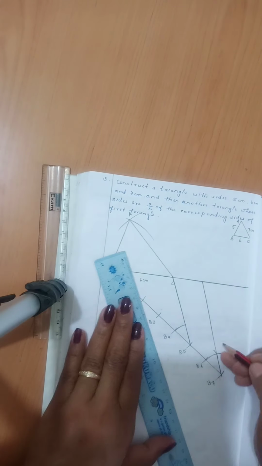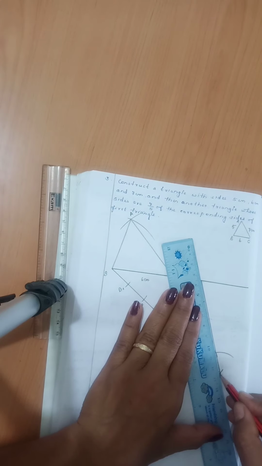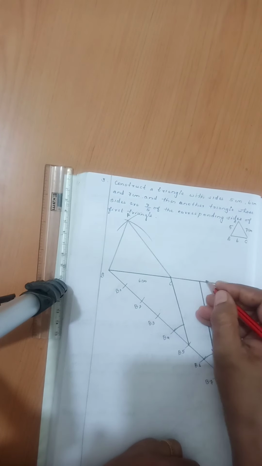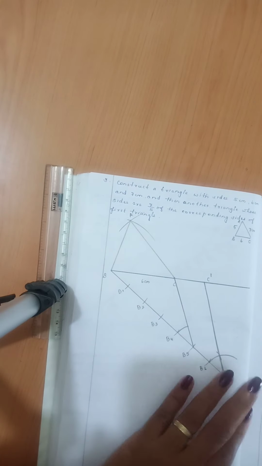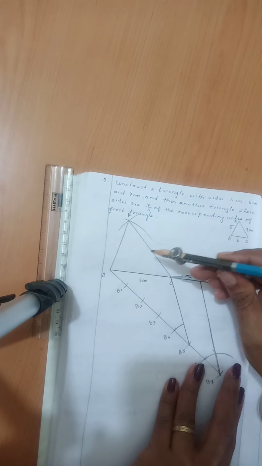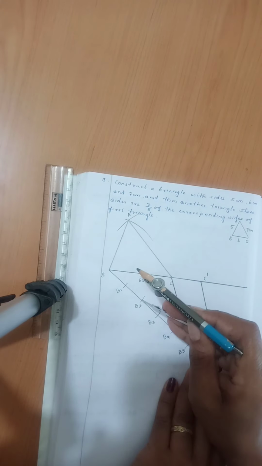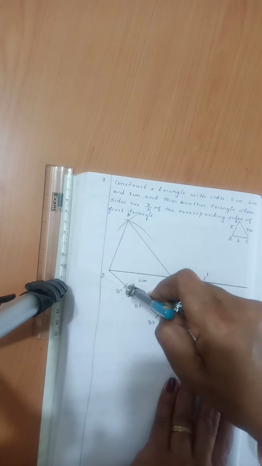See, this line and this line, both the lines must be parallel. If it is not parallel, construction is not correct. So now here this point is C. Here we will write C dash. Now again you have to take the compass. We have to draw the arc here with the same width. First arc we have to do it. Second arc we have to start from C dash like this. Take the width of the first arc. Bisect this arc.